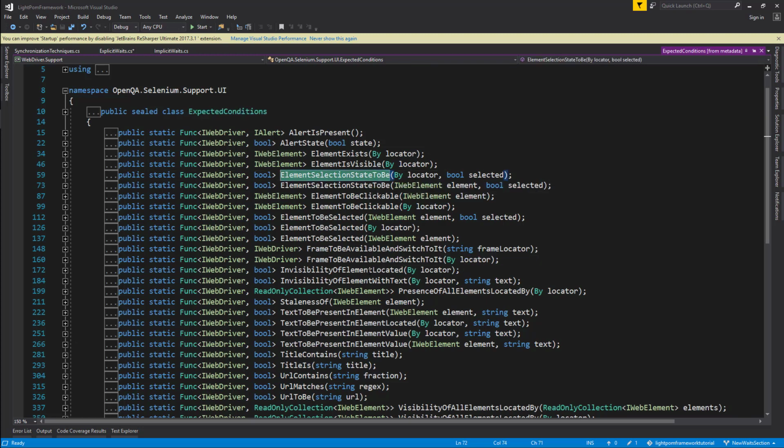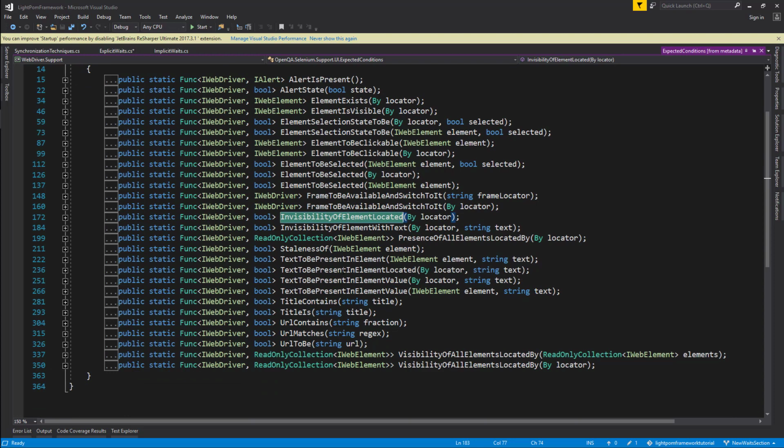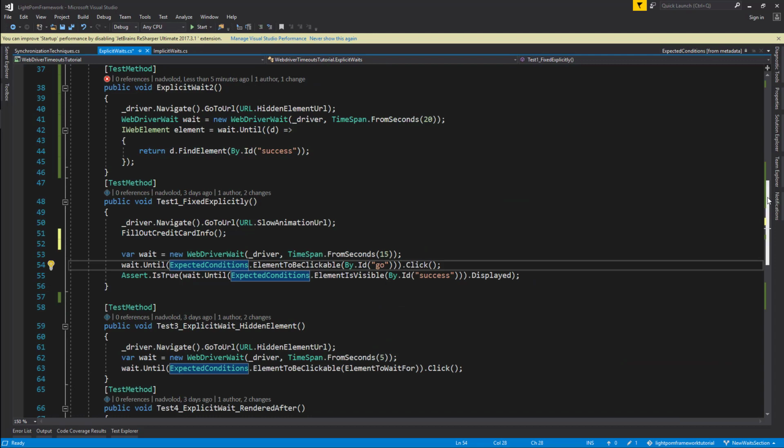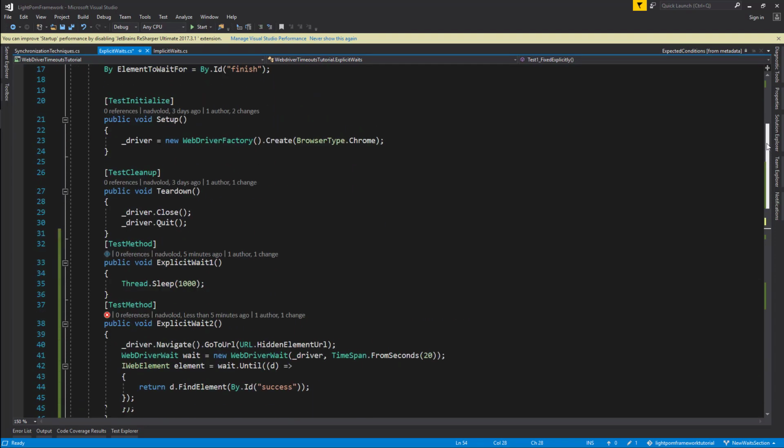We can look for invisibility of element located, and then you supply a locator. We can check for text to be present in an element, or we can check that the title is something specific, or that a URL contains some specific fraction, or URL matches some regex. So you can see there are many different kinds of expected conditions, and that's why I said that this code